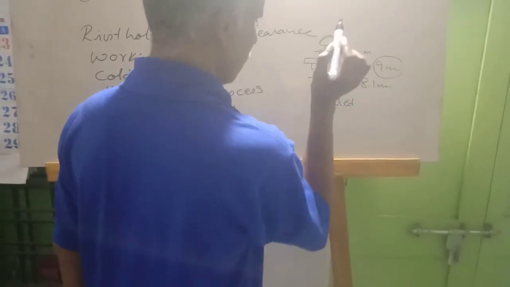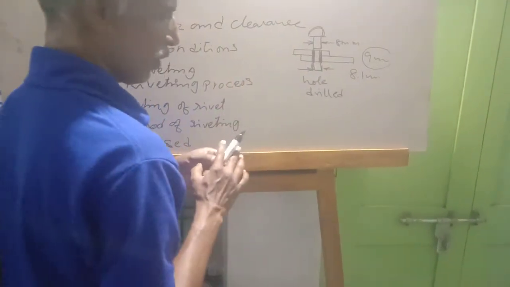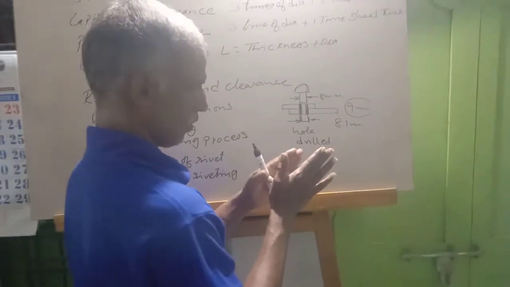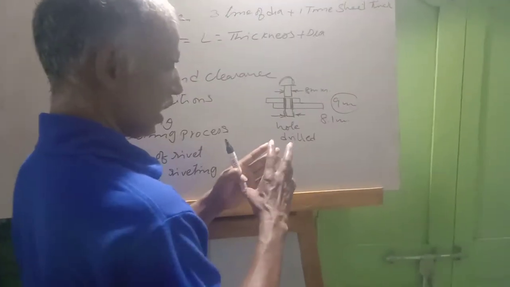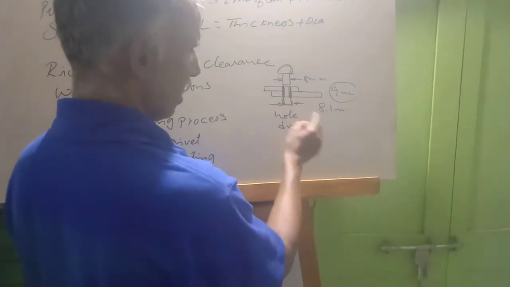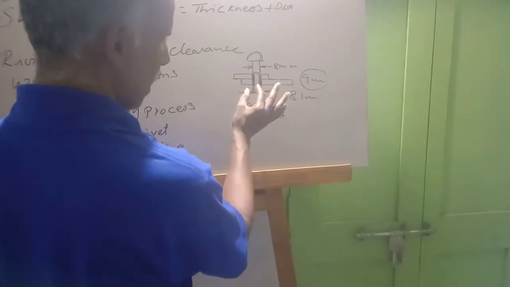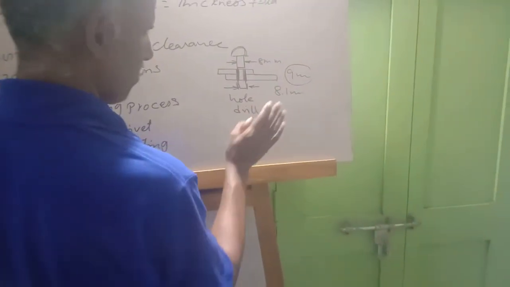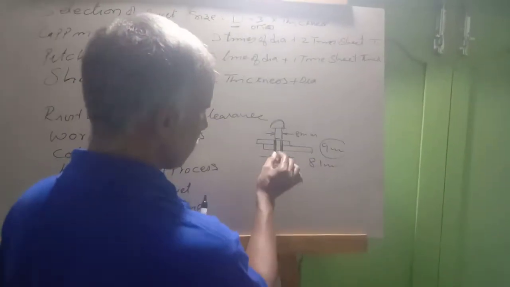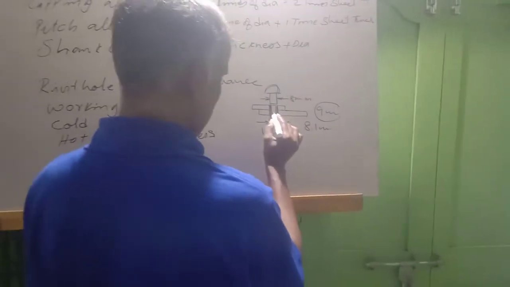After inserting with this small 8.1 mm clearance, when you form the other side head, when you hammer this rivet, due to the soft metal, the rivet will bulge. For example, if you take a rubber and press it with a force, the rubber will expand in width. In the same way, when you rivet, the rivet will expand in width, and the small gap of 0.1 mm can be adjusted. If it is 9 mm, after riveting also there will be a gap. So you minimize and select the correct clearance.